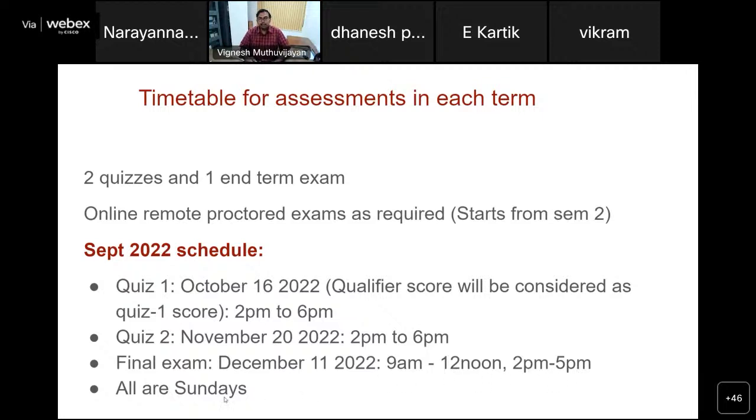All of these exams are going to be held on Sundays, so it should not have any clash with any other activity that you might be involved in. We do expect that you are able to appear for all the quizzes and the end term. Appearing for the end term is mandatory for you to get a grade, and quizzes are also required for you to earn the grade you deserve. You have to appear for at least one quiz to become eligible to even appear for the end term exam. So please make sure that all these 3 dates are marked in your calendar and you come for these exams in person.